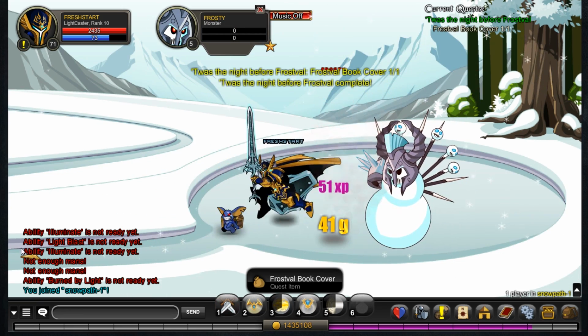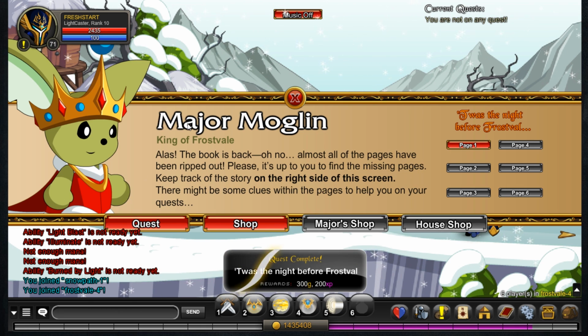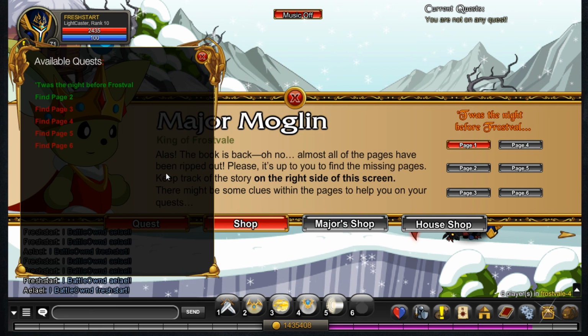But then I had to go return to Frosty the Snowman, which is myself, and then obviously turn in the next quest. And I quite enjoyed doing this next part. I can't remember doing it on my main account. I may not have done it on my main account yet, but the next part is you have to do the pages,